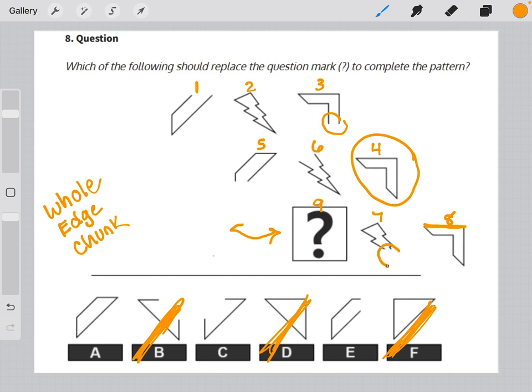Element 7 is missing a chunk, element 6 is an edge, and element 2 is wholly intact. So, if we look at our first diagonal, element 1 is an edge missing, element 5 is a chunk missing, so element 9 should be a wholly intact trapezoid, which is answer choice